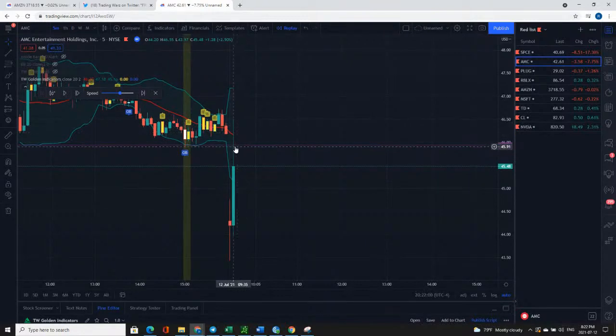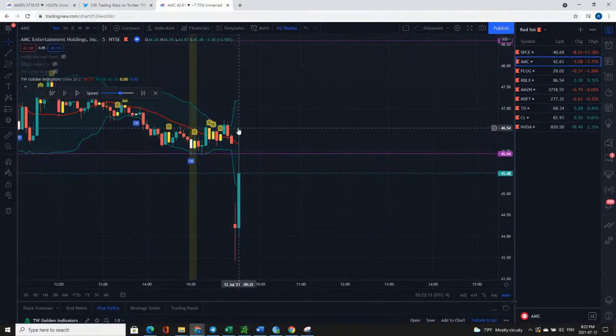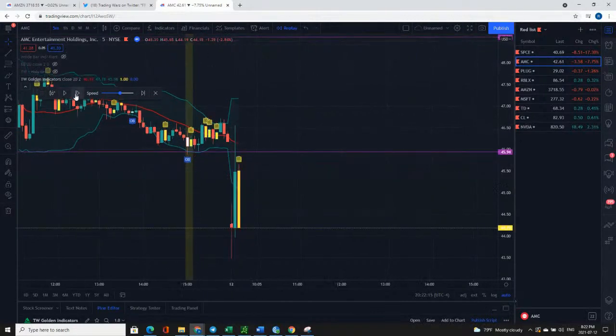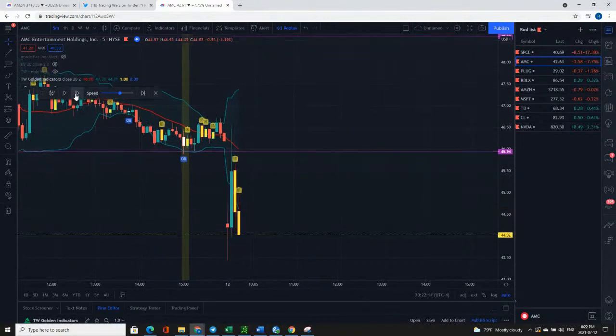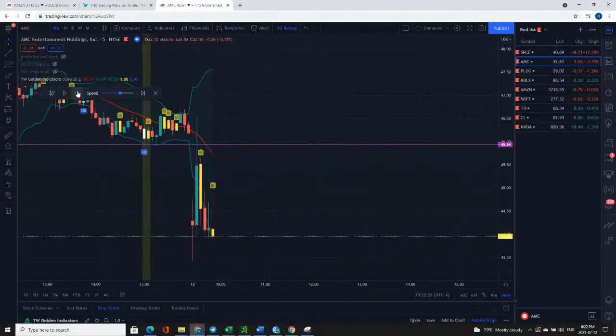So here we do come back and retest the level. If you're going to take this, you have to actually have a limit order on the level itself in order to get in, because you're not going to catch this move unless you're watching a 1-minute chart or something like that. Then here we have an inside bar. If you didn't take the ORB or the retest, you can short right there. Let's see what we get here.